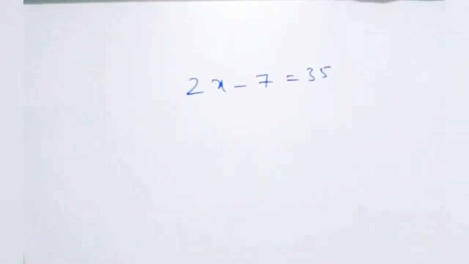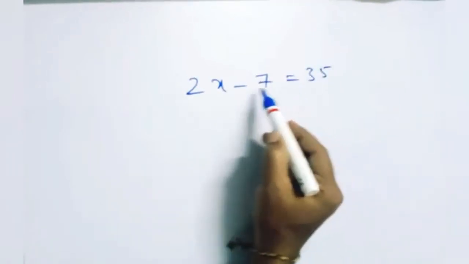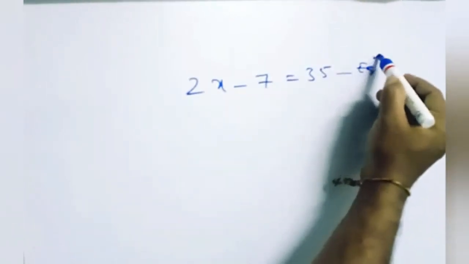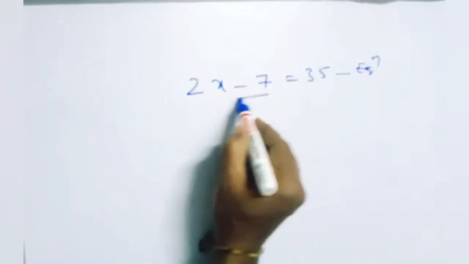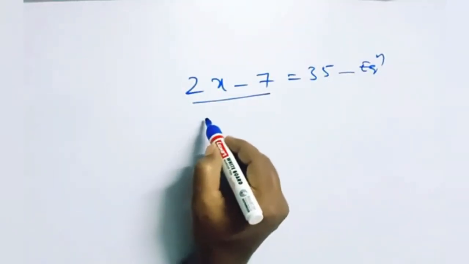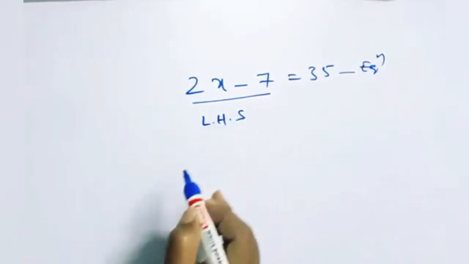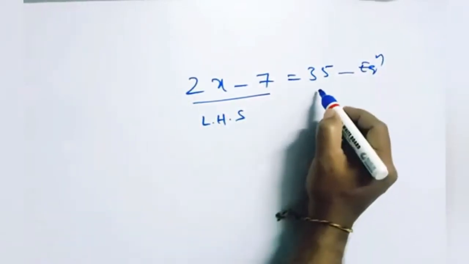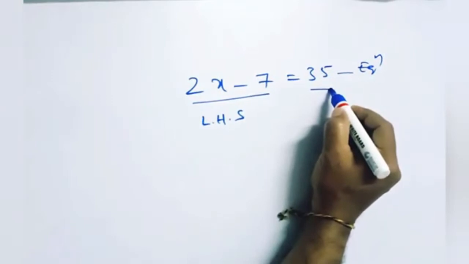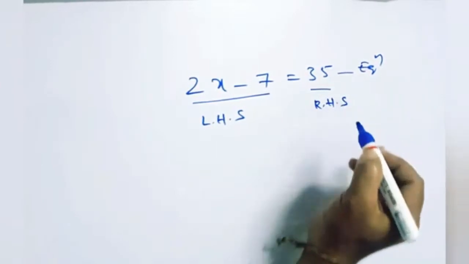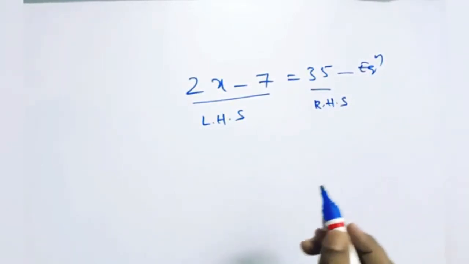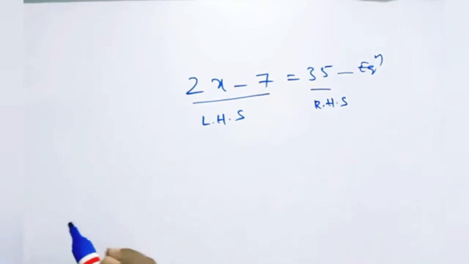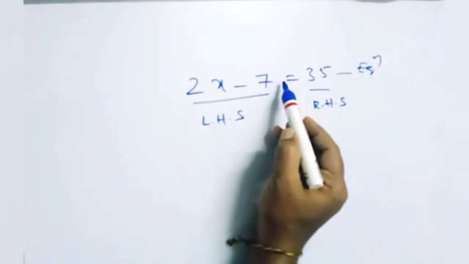Generally, an algebraic equation is an equality of algebraic expressions involving one variable and a constant. It has an equality sign, so it is called an equation. The expression on the left side of the equality sign is called the LHS, that is, the left hand side of the equation, and the expression on the right side of the equality sign is called the RHS, that is, the right hand side of the equation. In an equation, the values of LHS and RHS are equal.